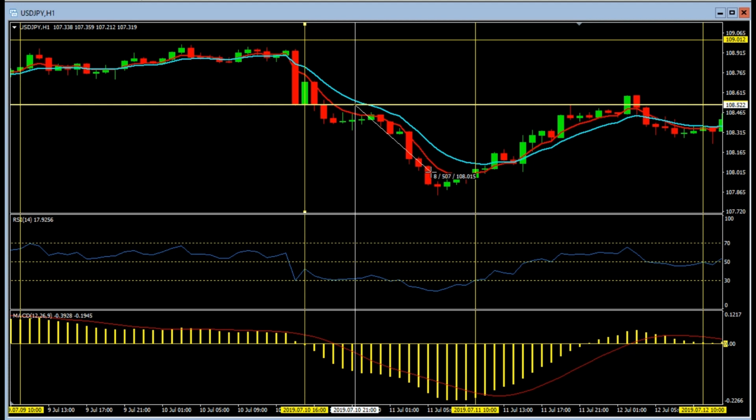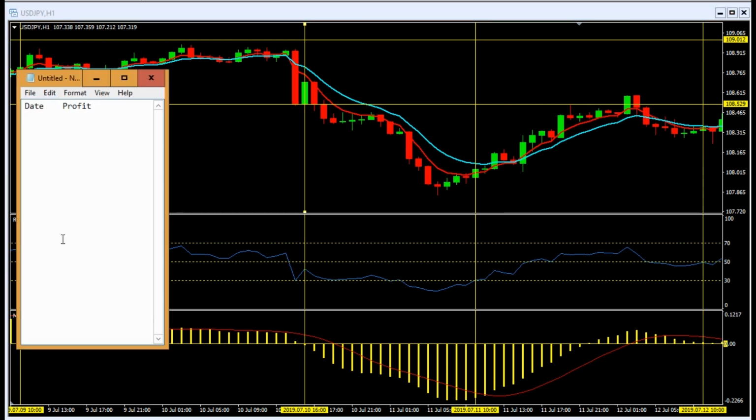And then we want to exit the second trade. Let me first put in the 48 pips profit. Okay, we put the date. The date was the 10th July, and the profit was 48 pips. Okay, right. So next trade we will continue, and we get the exit signal here when this moving